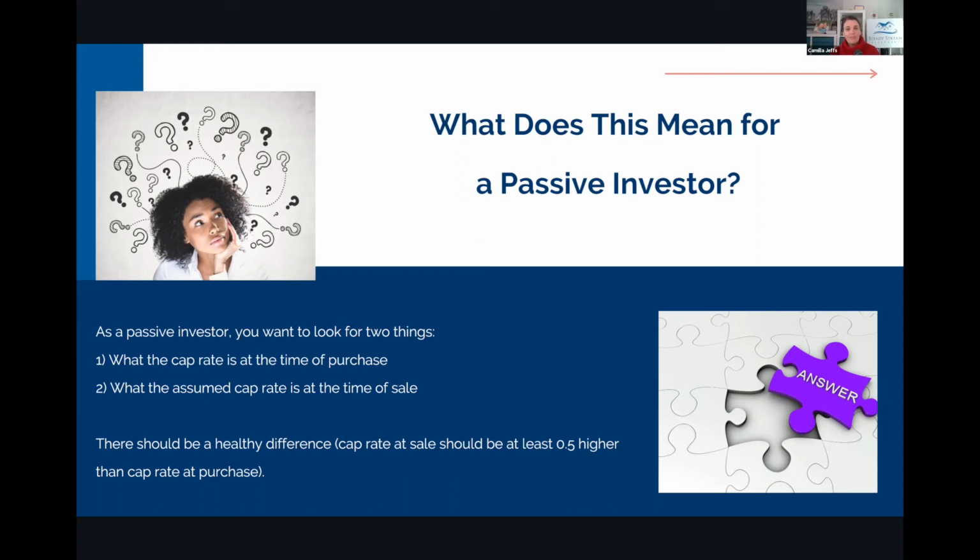Yes, we are trying to make the property worth more, and it will be worth more based on the amount of income that we generate out of that, because we're going to work really hard to increase the income. But there should be a healthy difference in that. If there's a difference at least 0.5 higher, right? So if you bought it at a 3% cap, you want to see at least 3.5. These days in this market right now, in early 2022, we probably want to see 1 to 1.5 higher than the cap rate at purchase. So we want to see that they're valuing it at like a 4.5% cap instead of a 3% cap.